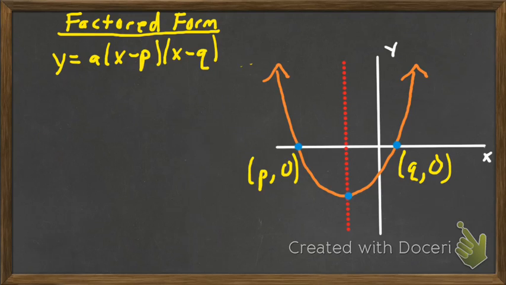And so if I was looking at the graph of a parabola and I wanted to make its factored form equation, well, the quick and easy way to do that would be to know where the x-intercepts are. If so, I would know the values of p and q, and then all I'd have to do is find the value of a, which again is the most difficult part, but it's something that you're going to learn how to do. Alright, and then finally,